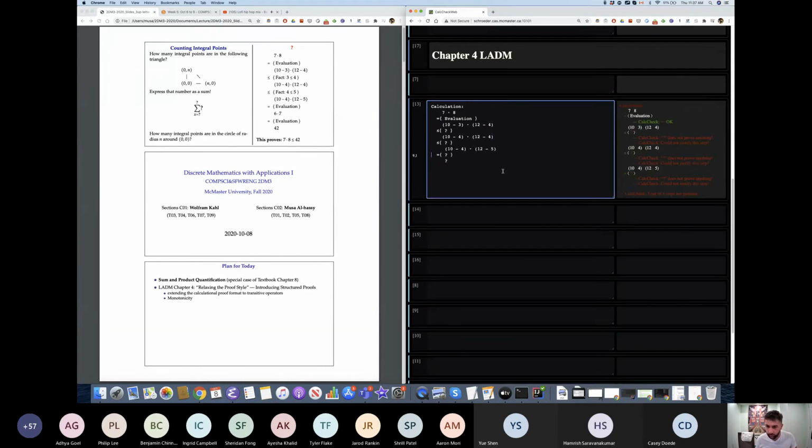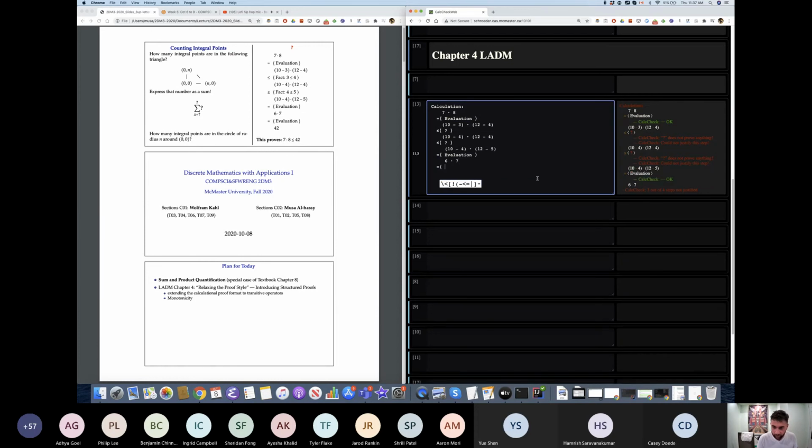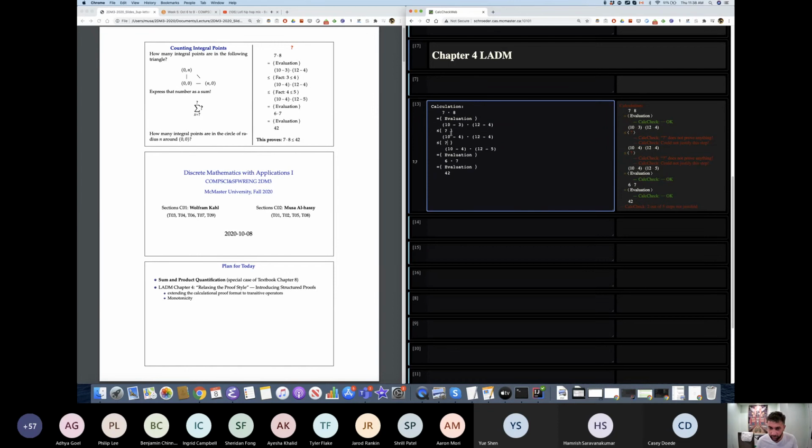All right, so does anybody suspect this last step? Evaluation, right? 10 minus 4 is 6. 12 minus 5 is 7. That seems reasonable. And then if we evaluate this last part, we get 42. So everything seems to be nice and dandy. So maybe these question marks are dubious. Maybe this one, fact